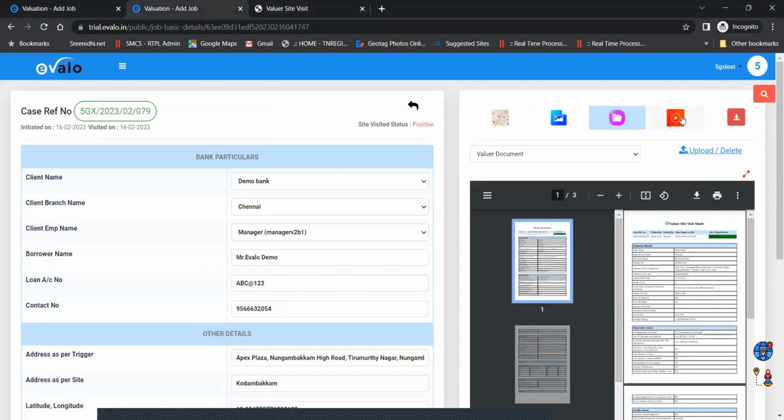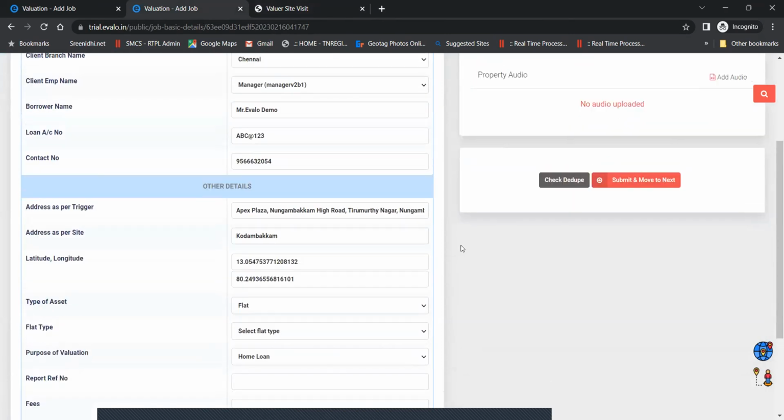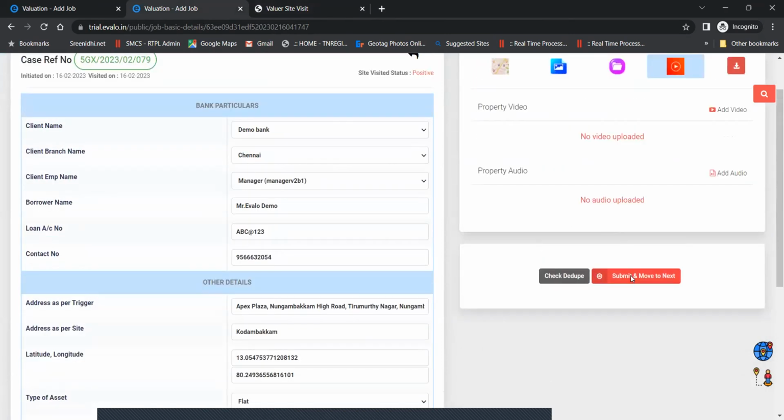And if we have uploaded any audios or videos, they would appear here. Since I was in a Zoom call, I couldn't upload them, so it is empty here. And there is a download option available to download all these items: maps, photographs, and documentation. Now, once after completing this,